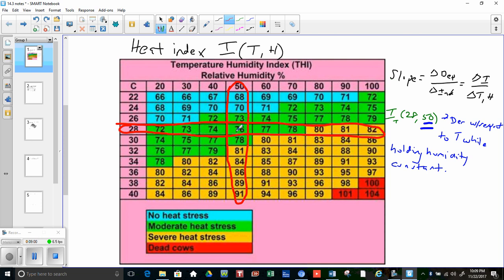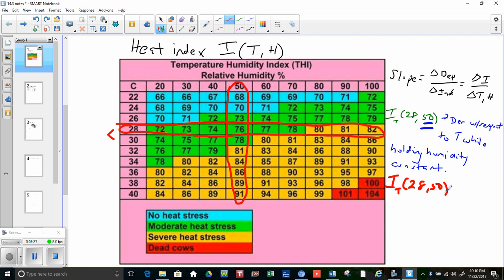So what we have to do basically, because we don't have an actual function, we have a table of values, we have to take an average slope between 2 points. And it doesn't really matter if you were to go from 26 to 28 or from 28 to 30, but the temperature is changing, the humidity is not. So I'm just going to do between 28 and 30. So if we did that, what we're looking at here is that I sub t, or the partial derivative with respect to t of